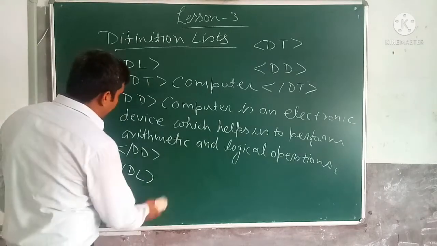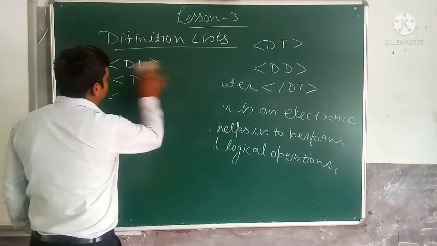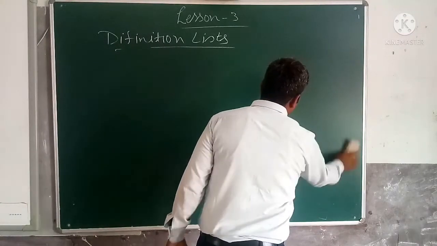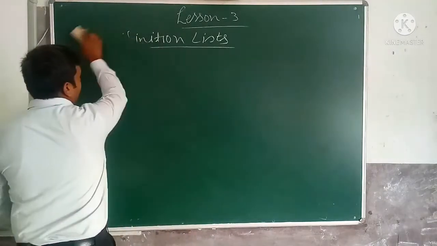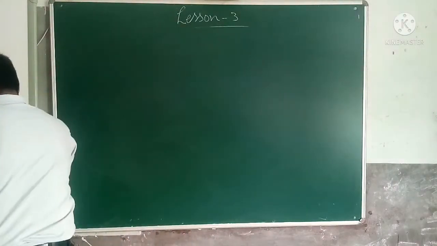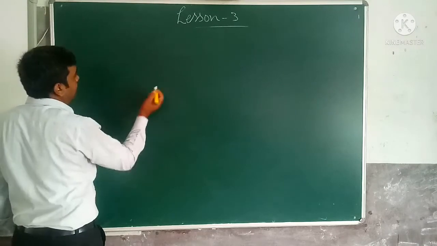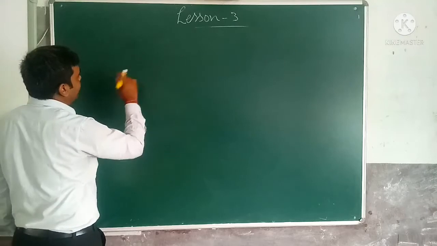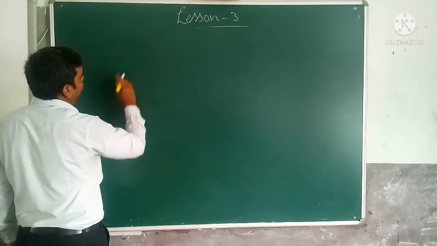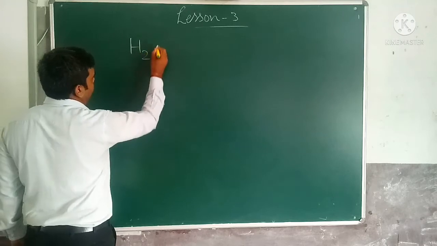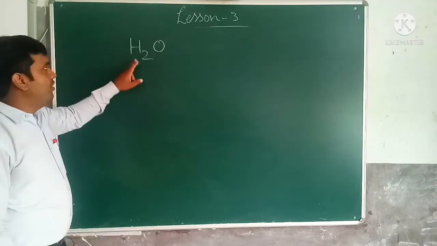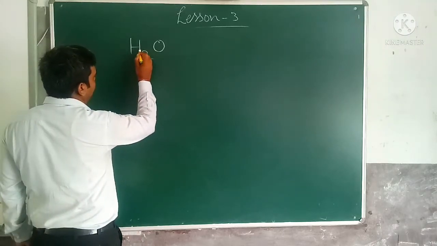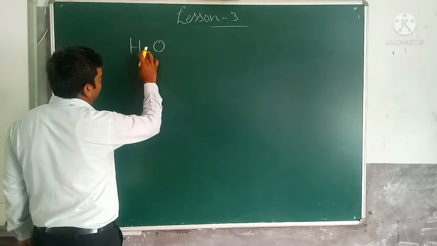Now the sub tag and superscript, again I am telling you about the subscript tag and the superscript tag. What is subscript and what is superscript? Subscript means below the base of the character. Suppose you are writing the formula H2O. This 2 is the subscript for H. The 2 is written at the baseline of the H, below it. This is called the subscript.